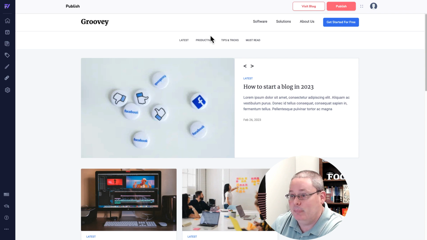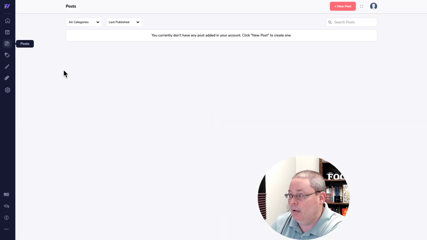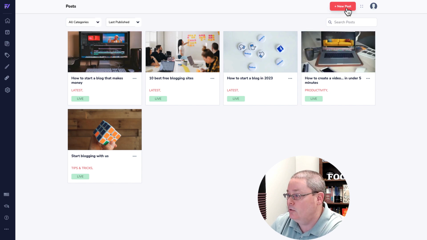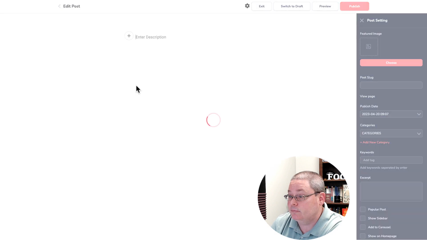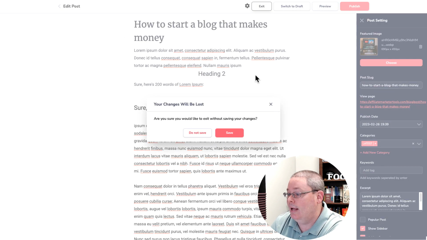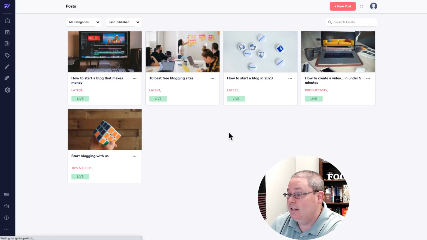I had a different button a second ago. That was under post. Here we go. So under post, that's my confusion. I was under post. If you're inside and you're editing the post, you can see here you have a publish button, but if you are to exit and you save that, it didn't actually get published. You can't publish it from here.